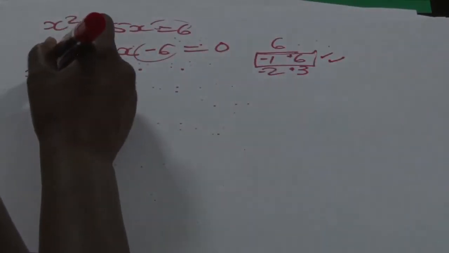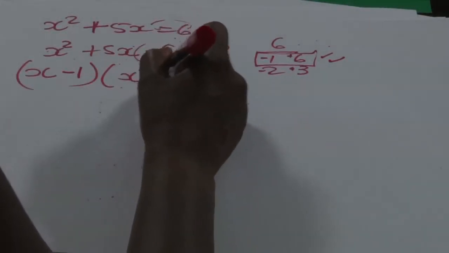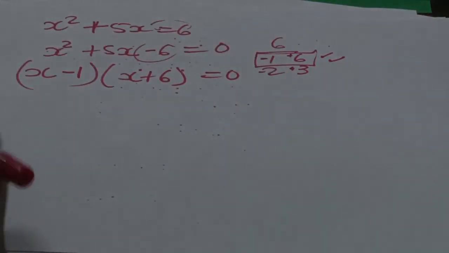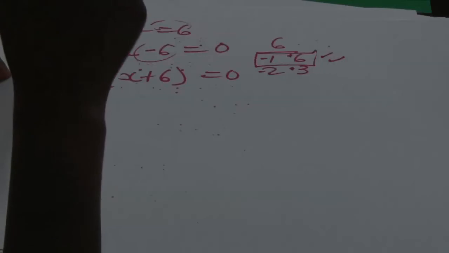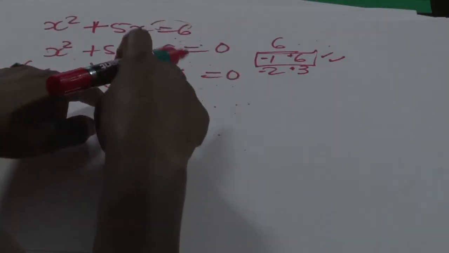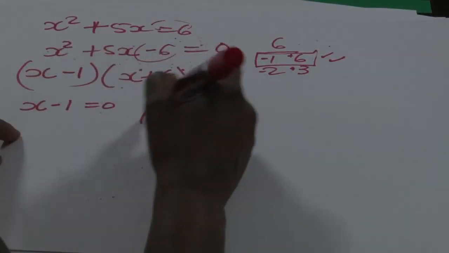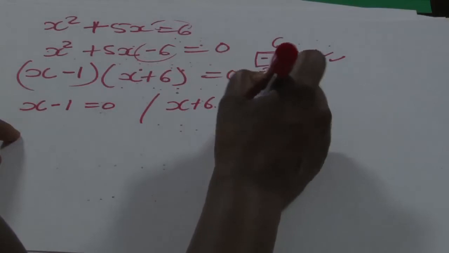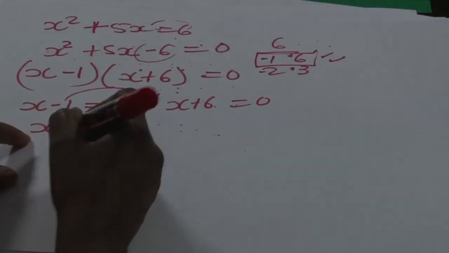You put them in brackets, (x minus 1)(x plus 6) is equal to 0. You factorized it. Then the question said solve that equation. You did not solve, so after you factorize it, you equalize it to 0. x minus 1 is equal to 0 and x plus 6 is equal to 0. So then you can now say x is equal to, if you take 1 on that side,